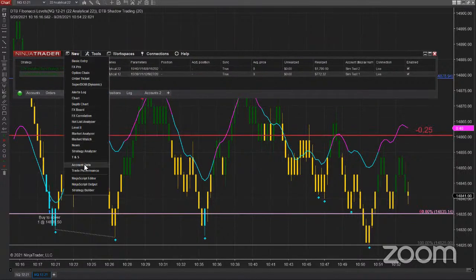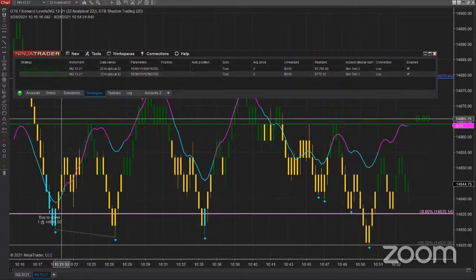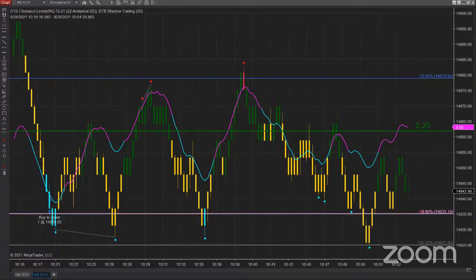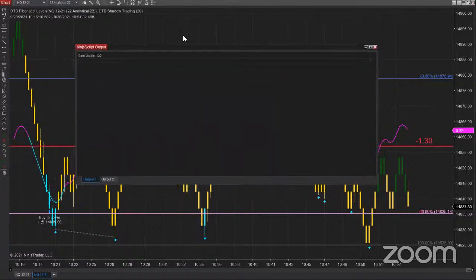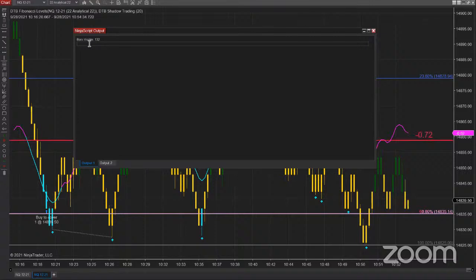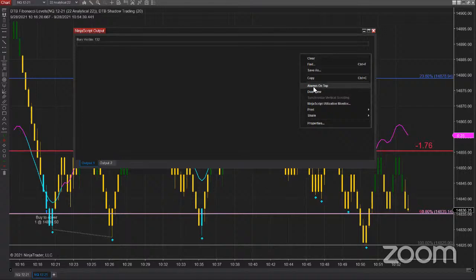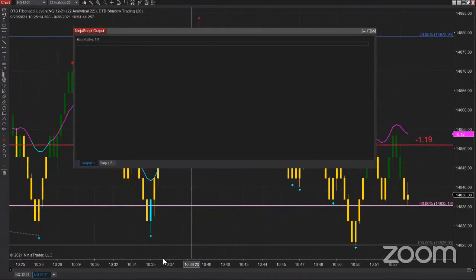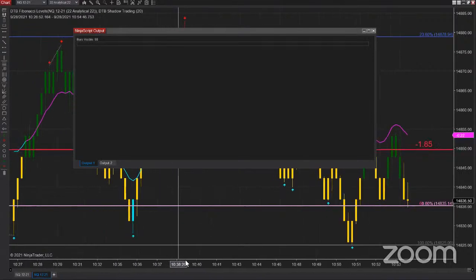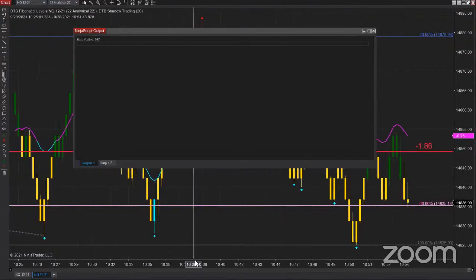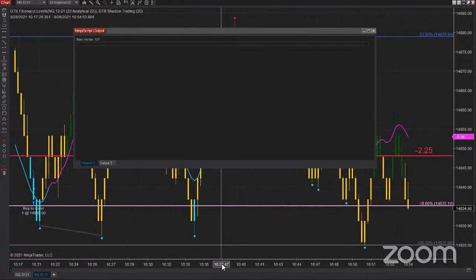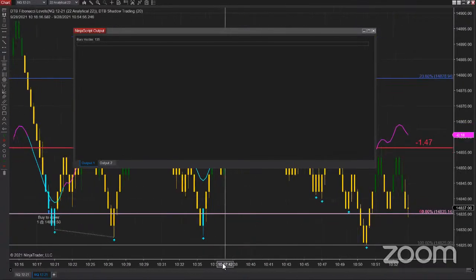what's that thing called? An output window, NinjaScript output. When you open up an output window, it's going to tell you how many bars you have on your chart. So there are bars visible. Now, if I go and move this, it's going to change those bars on the chart. So as long as you have between 105 and 125 around this area here,